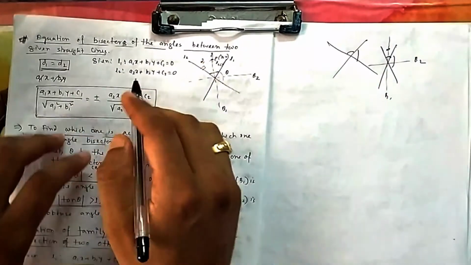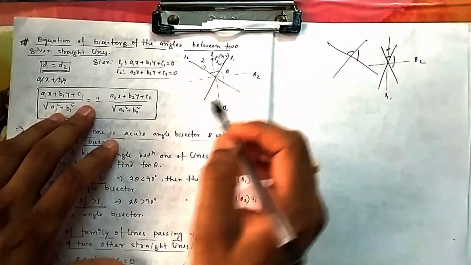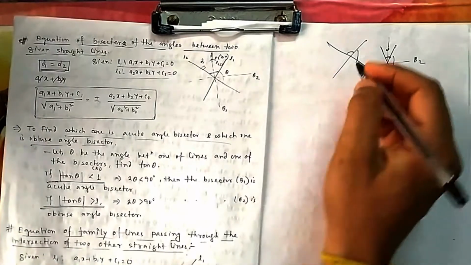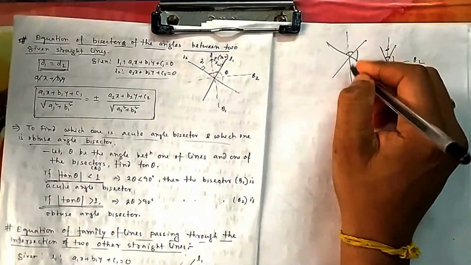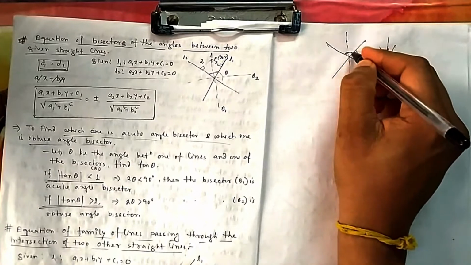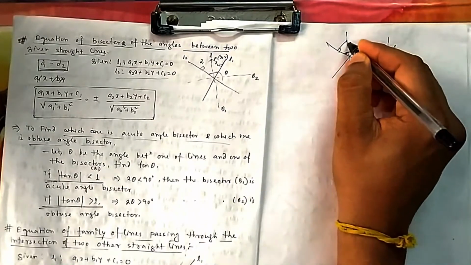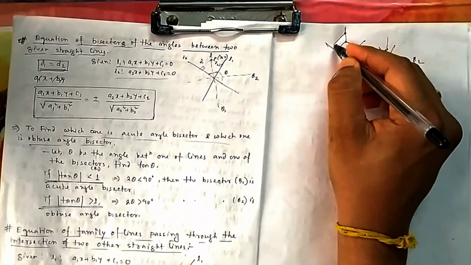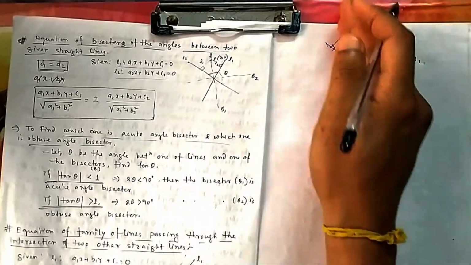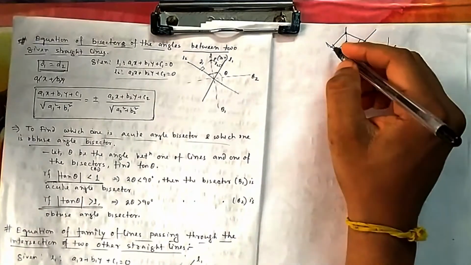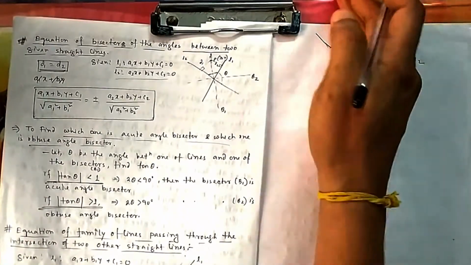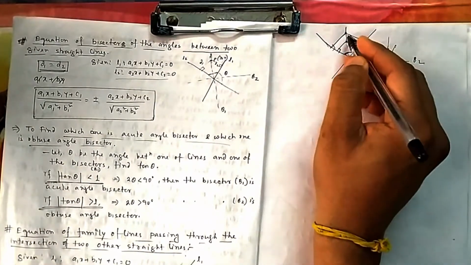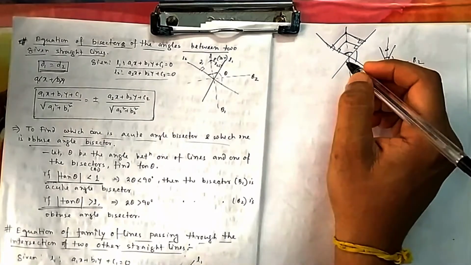So you have two given lines. What is given to you? This line and this line. Now you have to find the bisectors of the two lines. So what is the idea of how to find them? Suppose this is my bisector between two lines. Because the bisector will bisect these lines, the perpendicular distance from here and the perpendicular distance from here will be the same. You take any point on this line, the perpendicular distance should be the same because it is going just in between these two lines. Because it is going in between these two lines, it is dividing the two lines equally. So the perpendicular distance from this side and from this side will be the same.